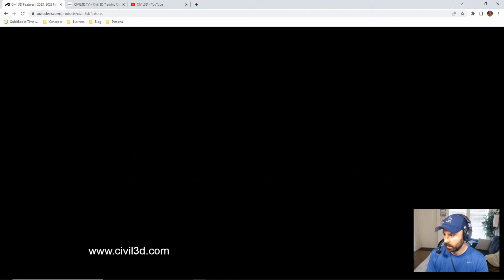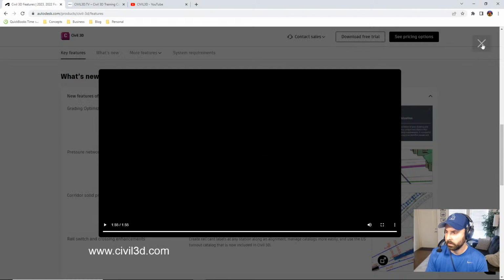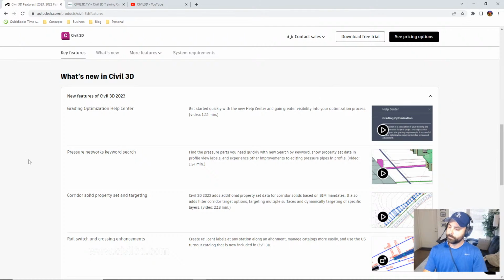That's an interesting new feature. I wonder how much computer resources are going to be taken up with this new feature. Sometimes with Civil 3D, some of the Civil 3D object features, I've found this even with current projects that I've been working on, is that when I'm working on a subdivision and I'm using certain objects, sometimes things just crash on you, you know, and sometimes that can be pretty frustrating, especially when